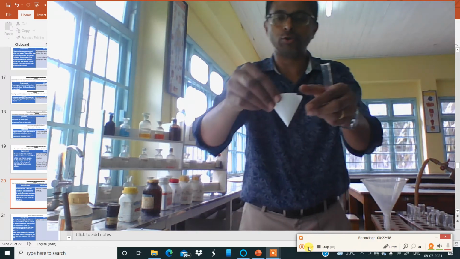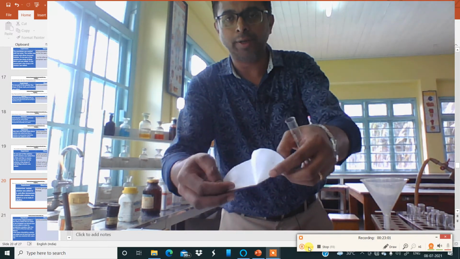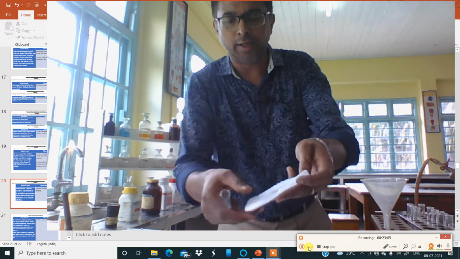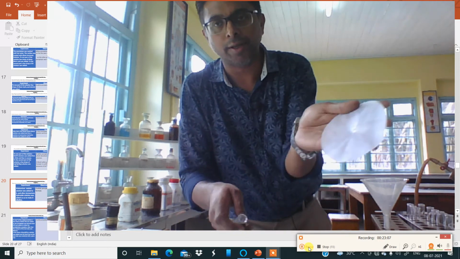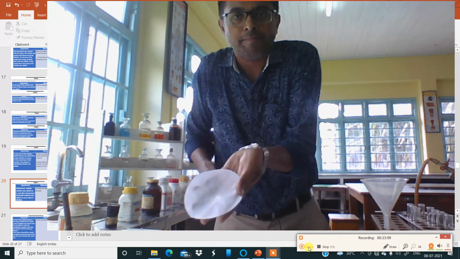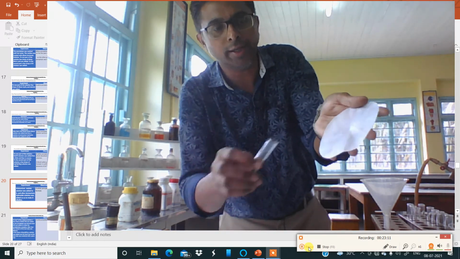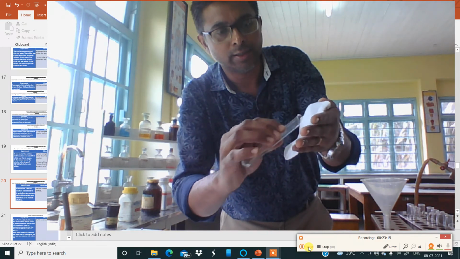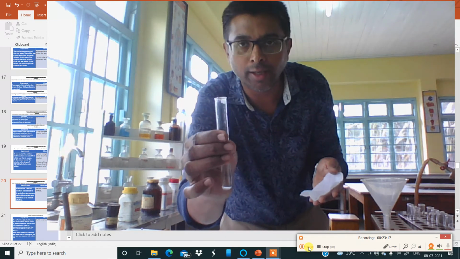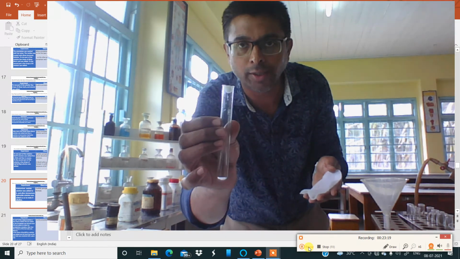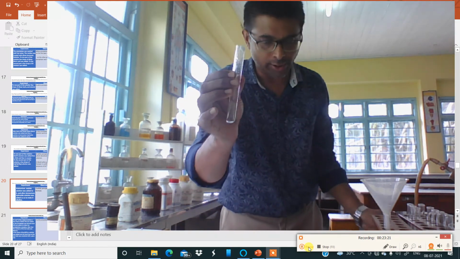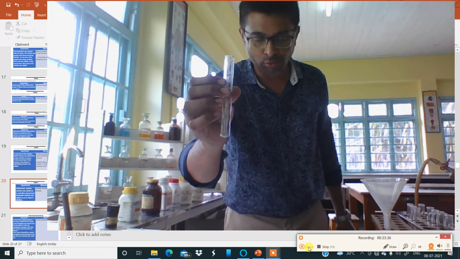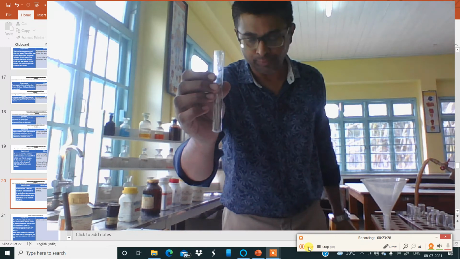Okay, I'll show you, and then I'll open it up and collect the residue from here. You can see the residue is there. I'll collect it in a test tube like this. You can see there is a residue on the mouth of the test tube. Now this residue has to be washed down with dilute acetic acid and dissolved.